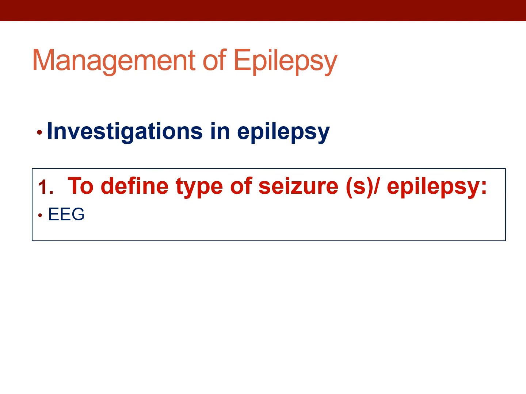Not to confuse you, investigations have two main goals: exclude important causes, like cardiac causes, blood sugar, blood pressure, and define the type of seizure, which is generalized or focal, by doing the EEG. And the third reason you would do an investigation really would be to look for the cause. I'm sorry, this is not written here.